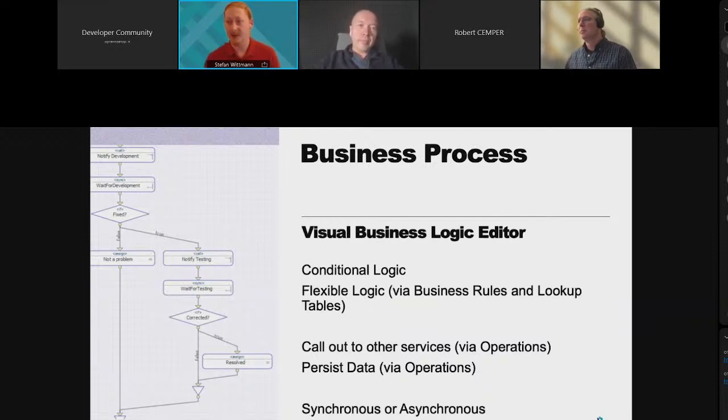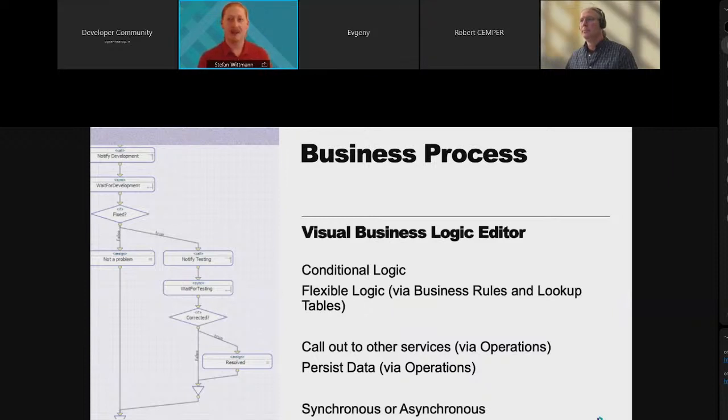The business process language. The BPL editor is what you can see here on the very left side. It's a graphical tool which lets you design a business process, a high-level process that you can design with an entry point, a stop point, and conditional logic in between.